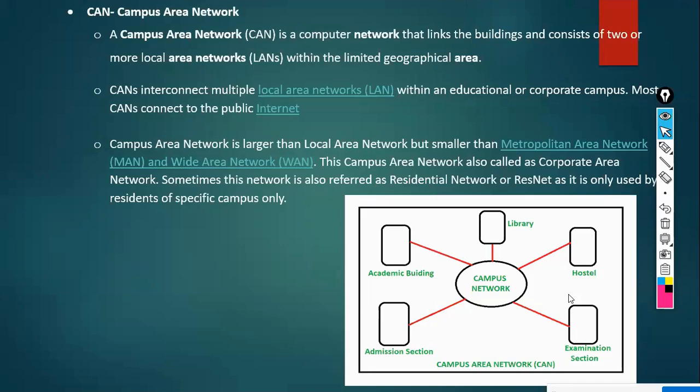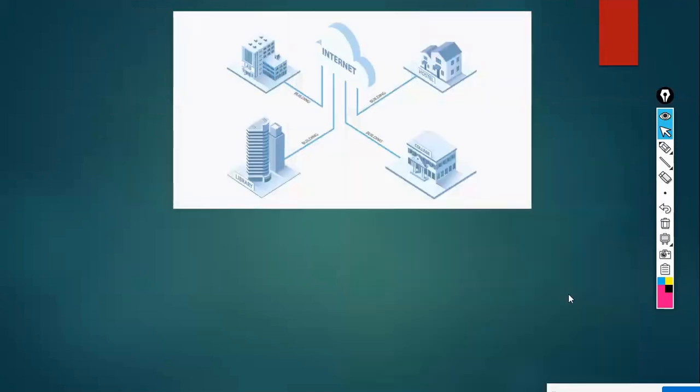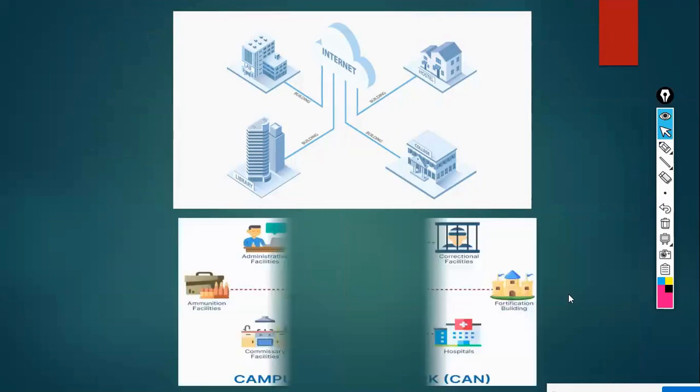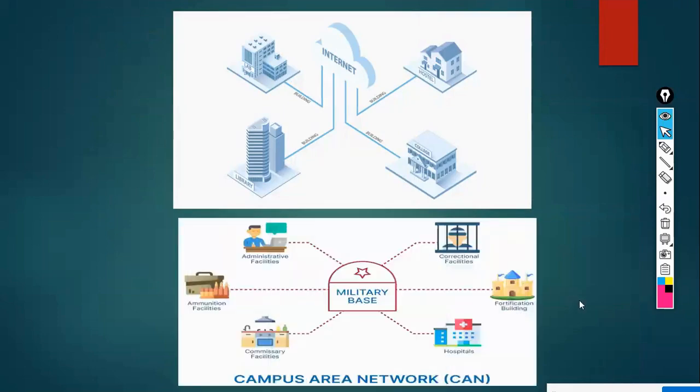For example, here you see all buildings are connected. Here, if you see a military base, they don't allow the public to access. Here administrative, here facilities, here hospitals, fortifications. So universities or the military use a campus network for their internal communications. Is it clear? Yes. Right? So what